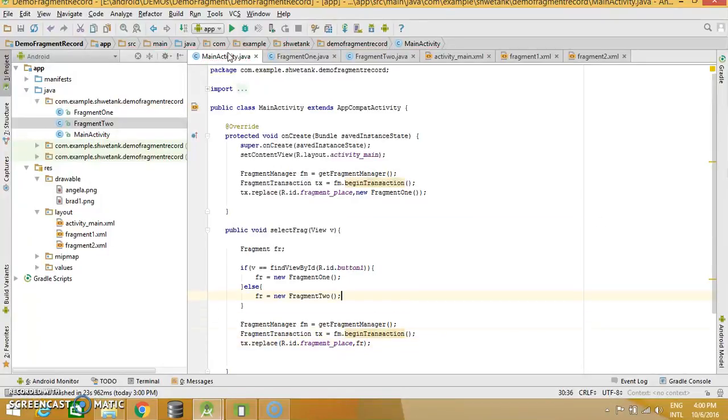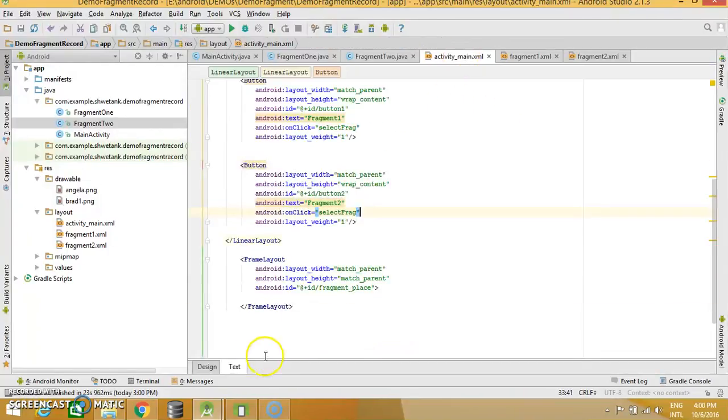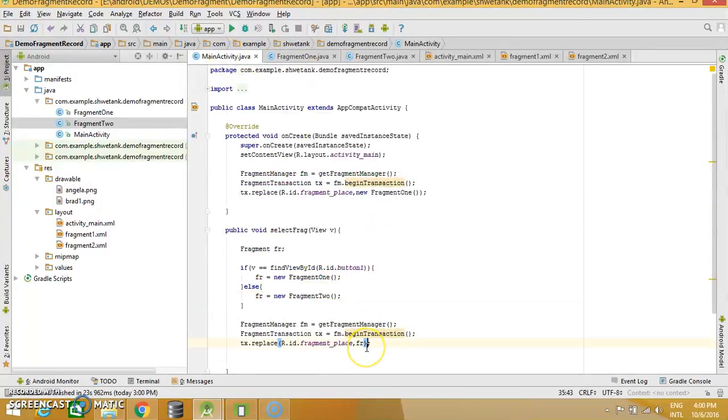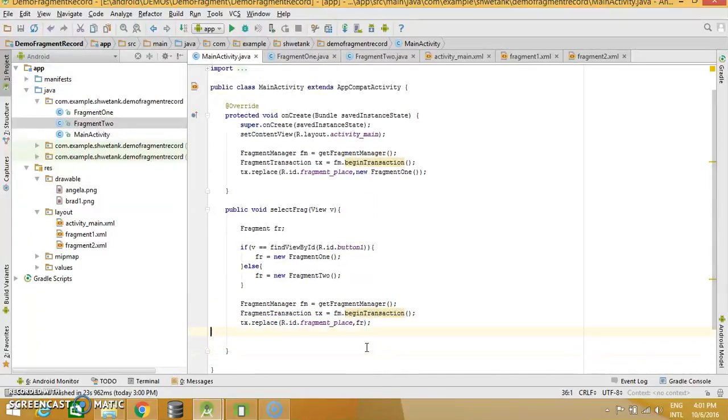So what is happening here is if I click on button 1, then fr becomes new Fragment 1, and it replaces fragment place. Fragment place is the frame layout that we had in our activity main. This frame layout, you see fragment place. So this is what is being replaced here by fr, the one which has been clicked.